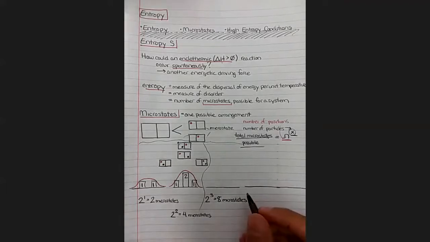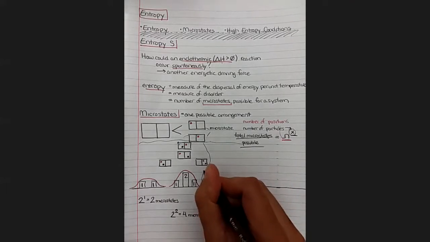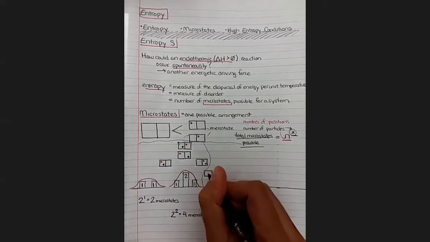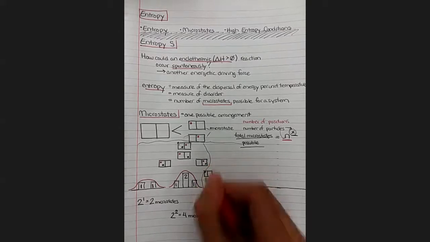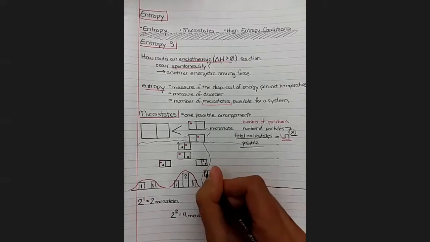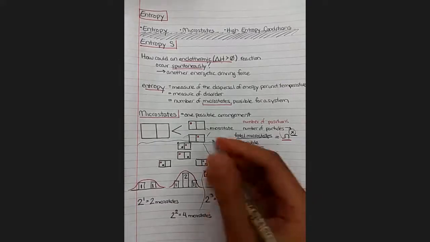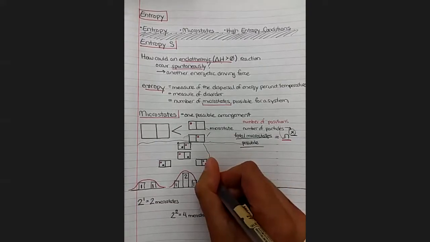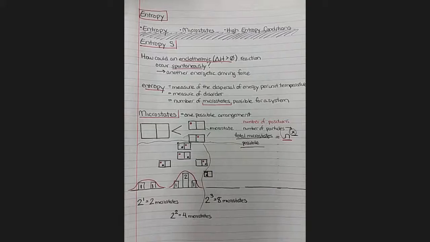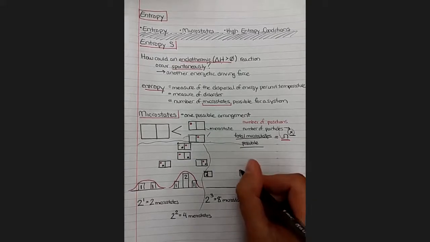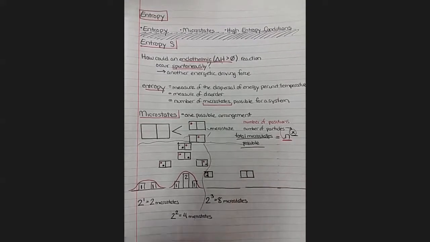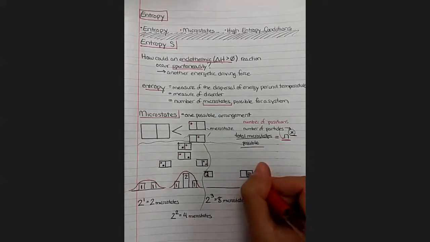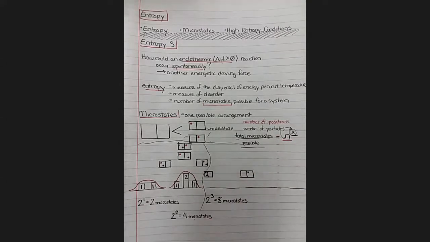Okay, so our first one on the left, we know is going to be all the particles on one side. Ooh, that's kind of a small box. All right, so we're going to have the red particle, the black particle, and we're going to add a green one. So are all the particles on the left side? Sorry for how small looking that is. We'll do better. We know the opposite is going to be true. We know we have one option where all the particles are on the right side.